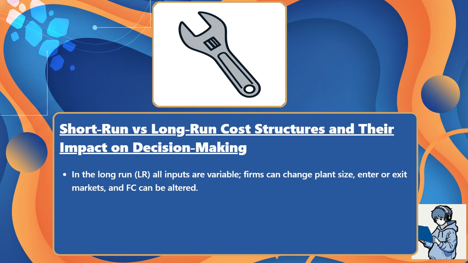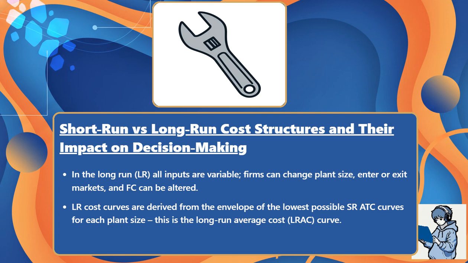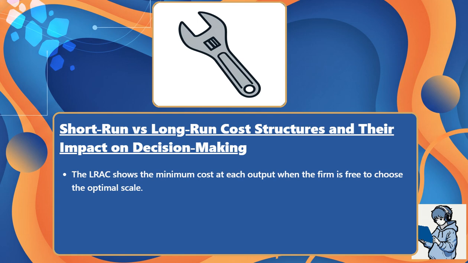Firms can change plant size, enter or exit markets, and fixed cost can be altered. Long-run cost curves are derived from the envelope of the lowest possible short-run average total cost curves for each plant size. This is the long-run average cost curve. The long-run average cost shows the minimum cost at each output when the firm is free to choose the optimal